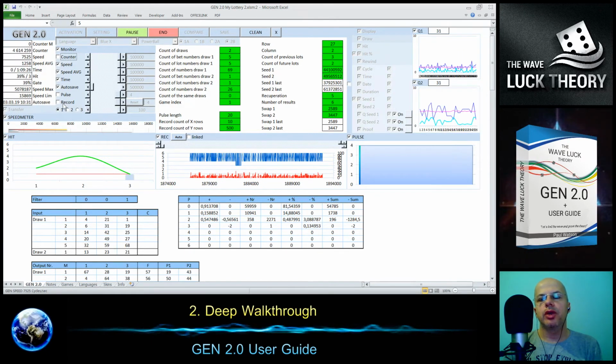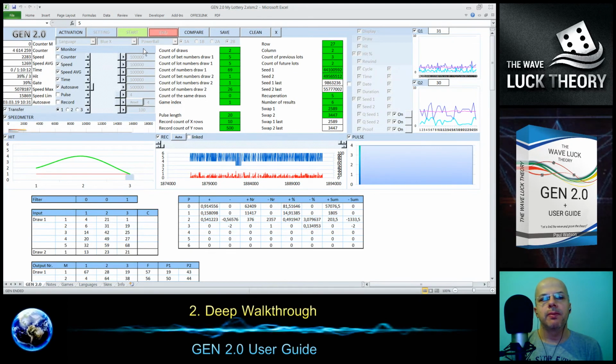The transfer we use if we want to close the generation and continue it after one day or on another computer, whatever. So what we do, if we want to, we can end the generation, click the transfer, and save the generation.